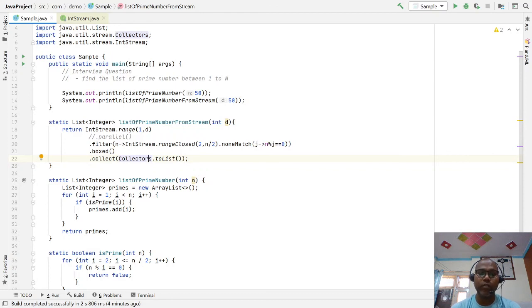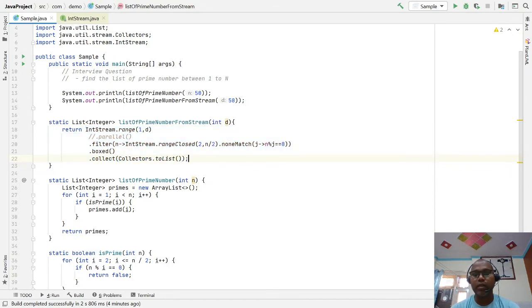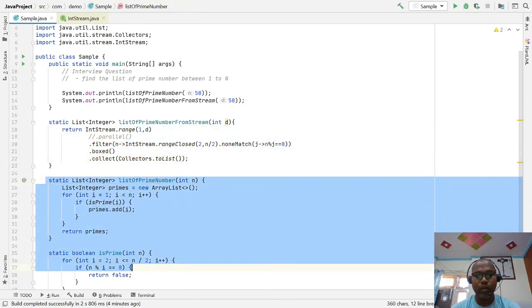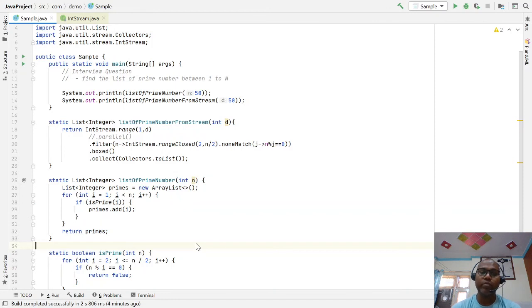Your same code can run multi-threaded as well as single threaded, but here your imperative code is not directly applicable for multi-threading. If you want to run this code in a multi-threaded environment, we have to make some changes. But functional style programming says that whenever you are writing code using lambda expressions, you are generally not mutating any state variables or global variables.